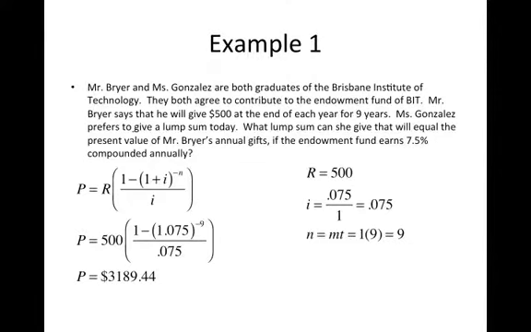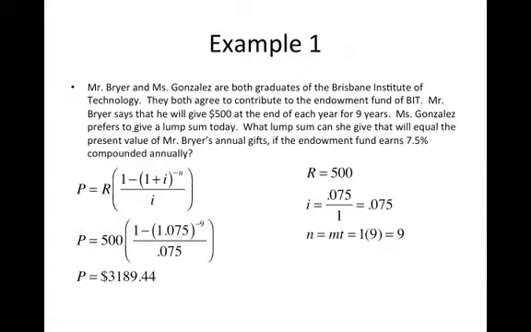So the R value is 500, so we're going to plug that in for R because that's how much he's paying each year. He is making these payments annually, and the endowment fund is compounded annually, so M is 1. Little r, the interest rate, is 0.075, so 0.075 divided by 1 is 0.075. N is M times T, so everything's compounded once a year, times 9 years, so you have 9. So we're going to end up with 500 times 1 minus 1.075 to the negative 9 power divided by 0.075, and we get